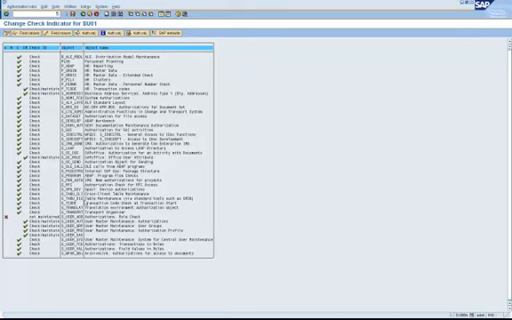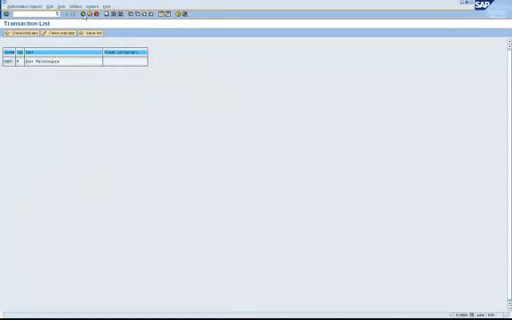Now, this is at a transaction specific level, meaning if you want to disable a particular object from authority check, then you have to go to each transaction code in SU24 and do the maintenance for either uncheck or check kind of thing. Now, this is at an individual transaction code level.